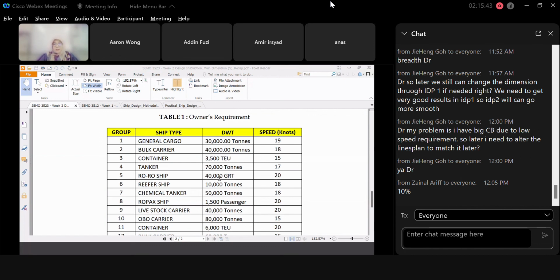Because last time, different DWT will give you different main dimensions, but the difference is not so much. And for hull form development, you also need to develop based on your main dimension. So means that in general